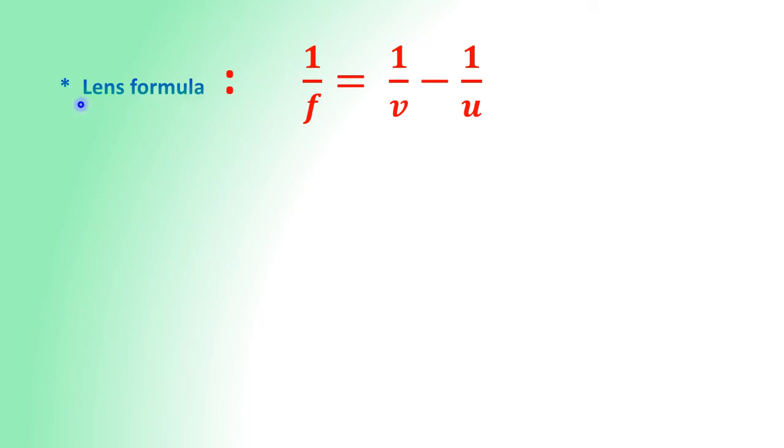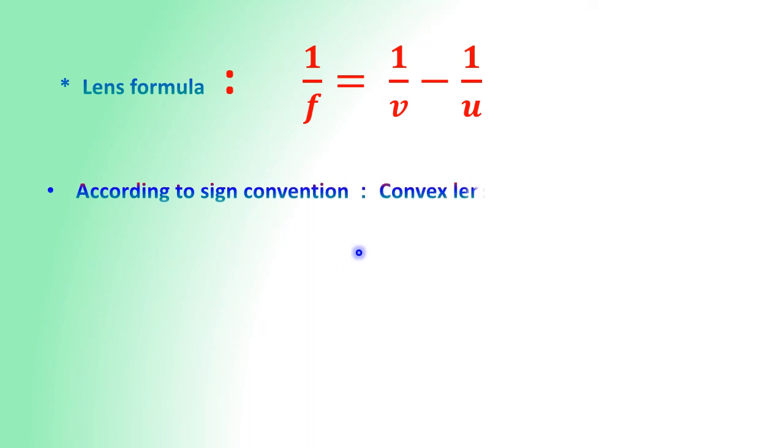The original lens formula, when it forms a real image, is 1 by f equal to 1 by v minus 1 by u. How will it change for a virtual image? If we simplify it by taking LCM, we get f equal to u v by u plus v. That is product by sum, I have already shown you. For real image, F is positive,